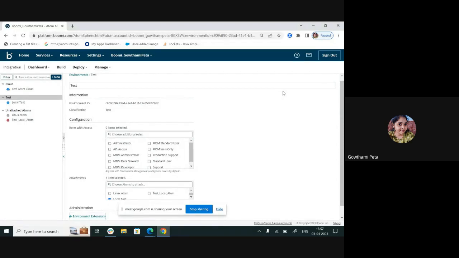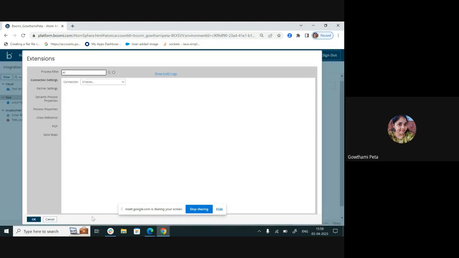To navigate to the audit logs, go to Manage, then under Manage, Atom Management, and select your respective environment and click on Environment Extensions. Here you could see a dialog called Show Audit Logs. This is where you could see your previous values and whatever changes have been made to your